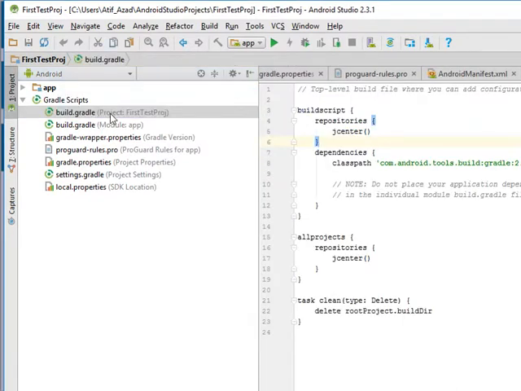As we said, there are two kinds of build files in Gradle: top level build file and the module based build file. So this is the top level build file. It's written here in the brackets, like project first test project. This is our project level, higher level build file, and here we are defining, for example, our dependencies, classpath, and